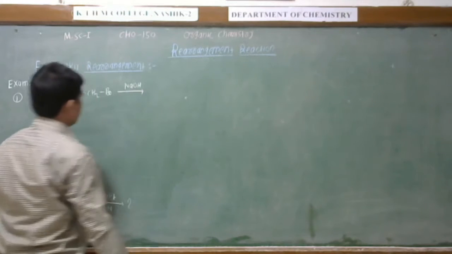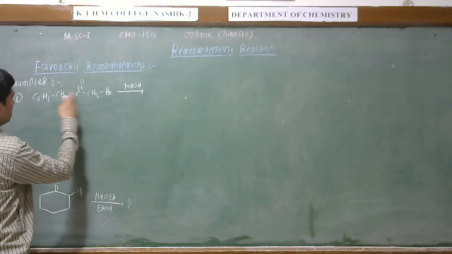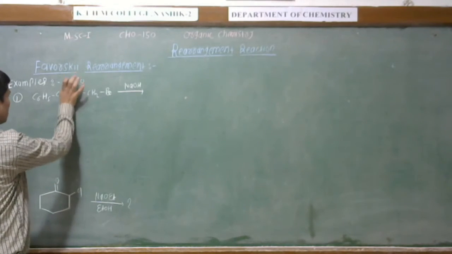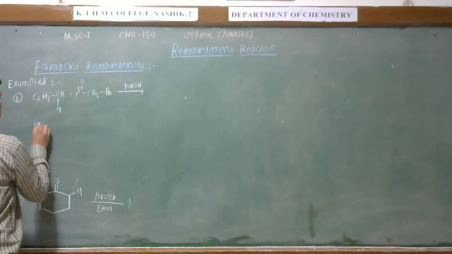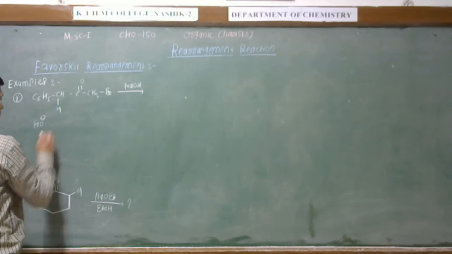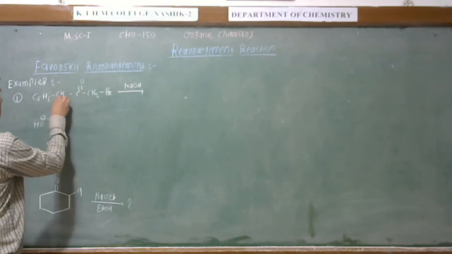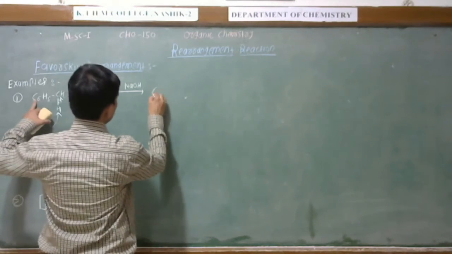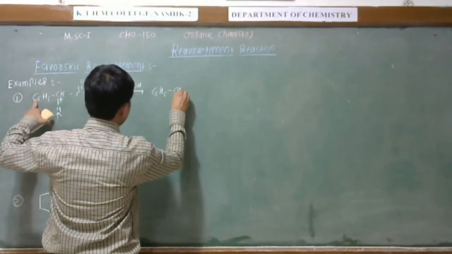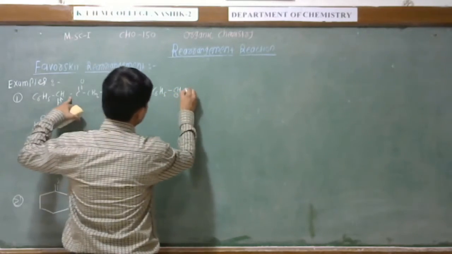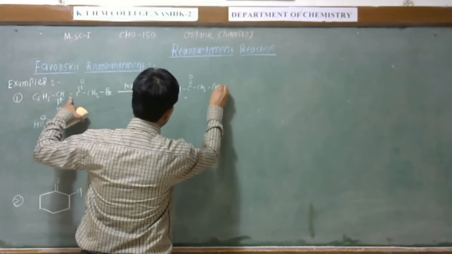See, this NaOH acts as a base, and this is an alpha carbon atom, this is also an alpha carbon atom, and for our convenience I write this CH2 in this way. So this is the hydroxyl group. When it captures this hydrogen, there will be formation of a negative charge. So we get here C6H5, CH, and this carbon having a negative charge, C double bond O, CH2, and this is the Br.